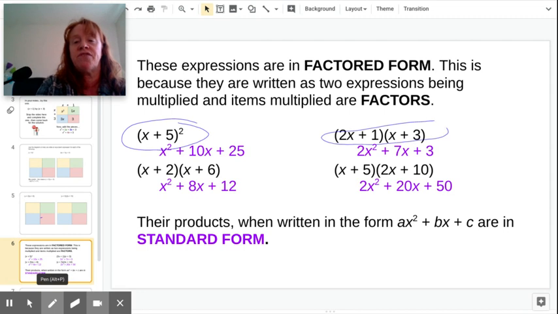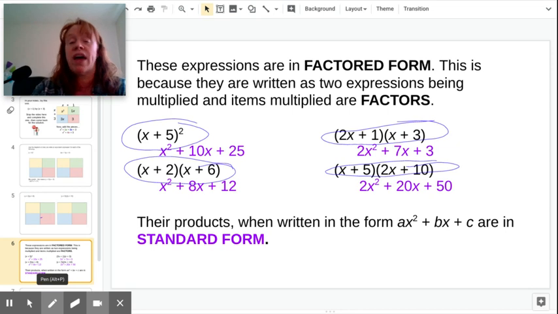these are called factored form. Factors are things that you multiply. Those are being multiplied, so those are factors. The purple parts, those that are in ax squared plus bx plus c, that's what we call standard form. Your x squared term is first, your x term is in the middle,